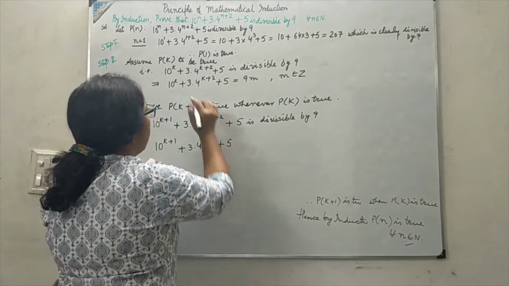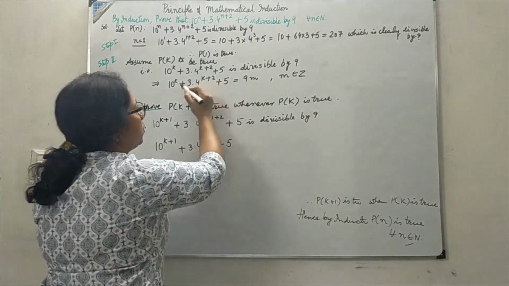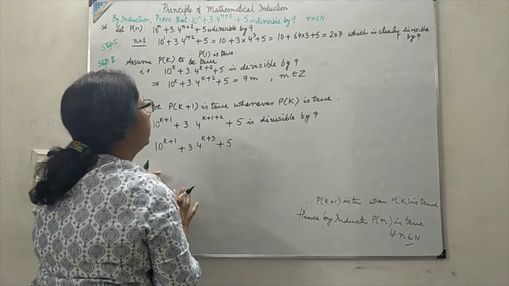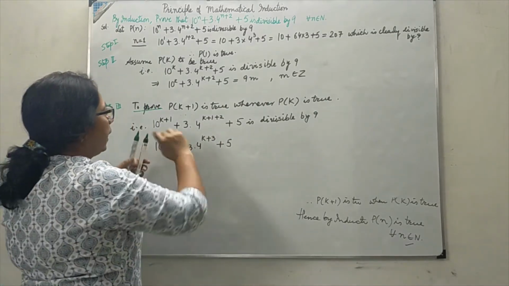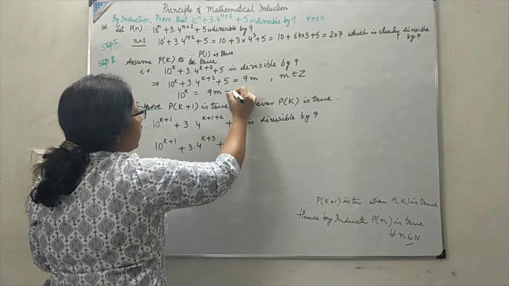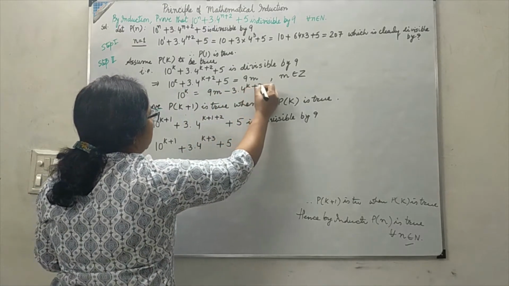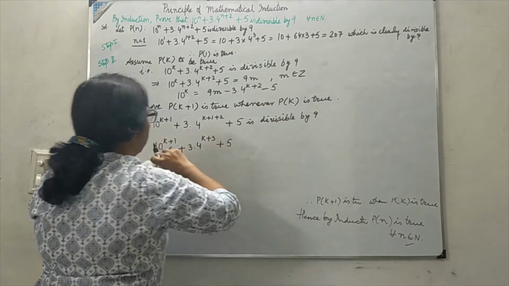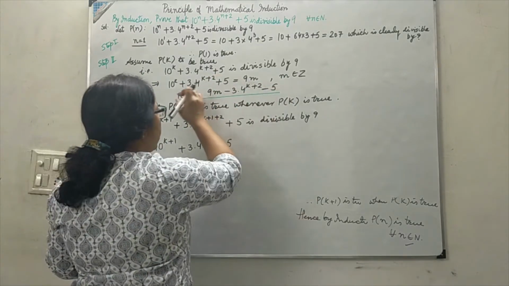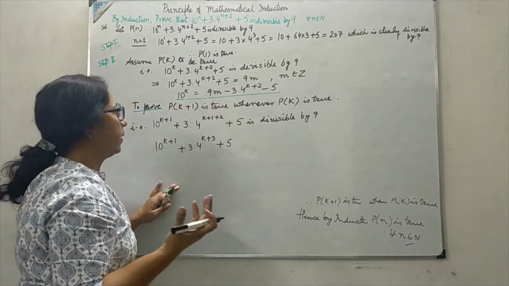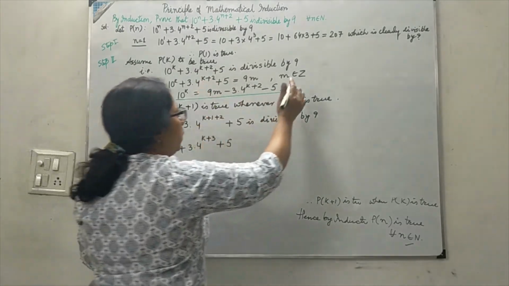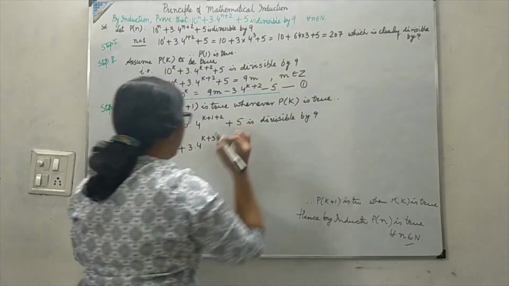Now see this, I can't directly use this as 9m because this is not the expression. We can't take common or whatever. What will I do? I will take one term to the other side and write the expression like this. You can see it. I have taken all these terms to the other side so that I can substitute the value of 10^(k+3). You can also take the other term to the side and substitute its value. It is up to you. This is your first equation.